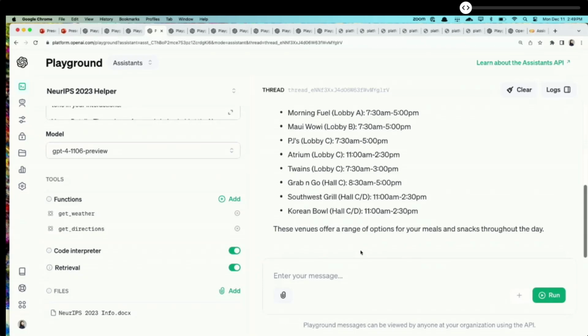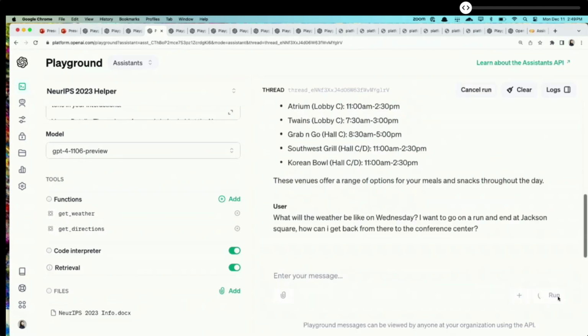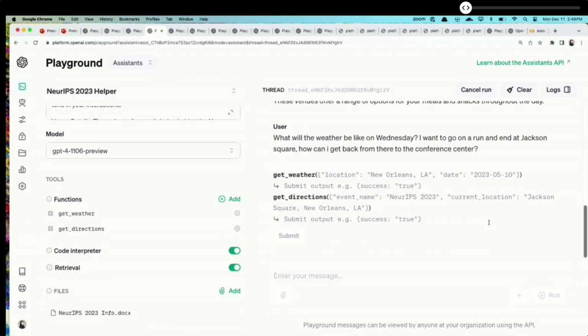Okay, my next question is going to be, what will the weather be like on Wednesday? I want to go on a run and end at Jackson Square. How can I get back from there to the conference center? So hopefully now the model will know that it has access to these two functions and that it might be a good time to call them. And the model's actually able to do parallel function calling,